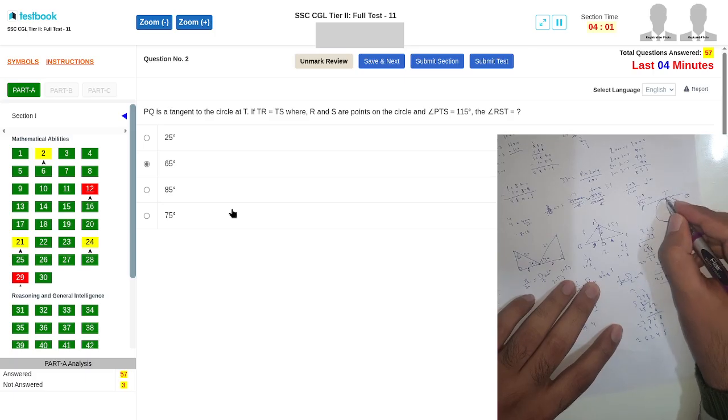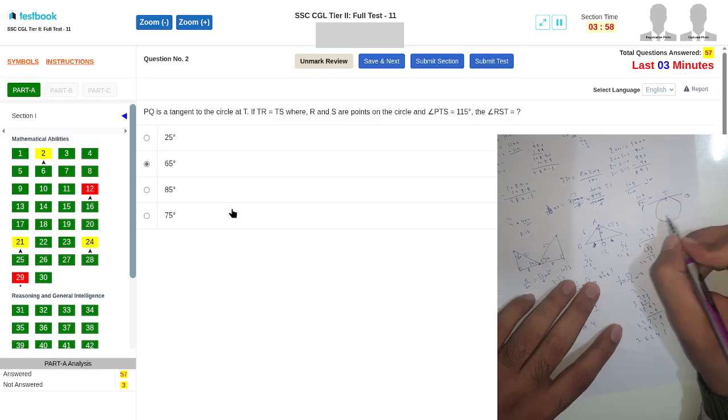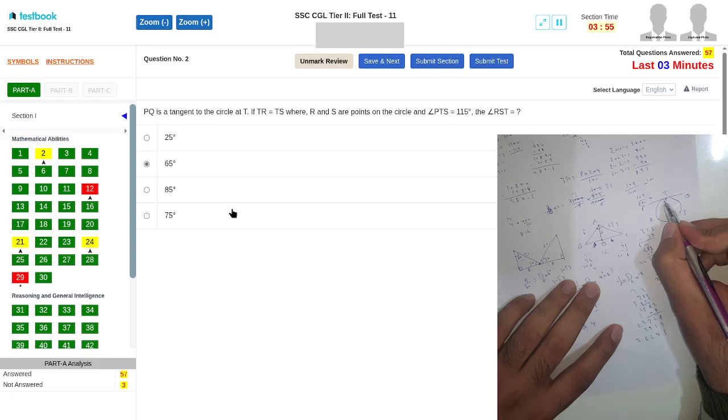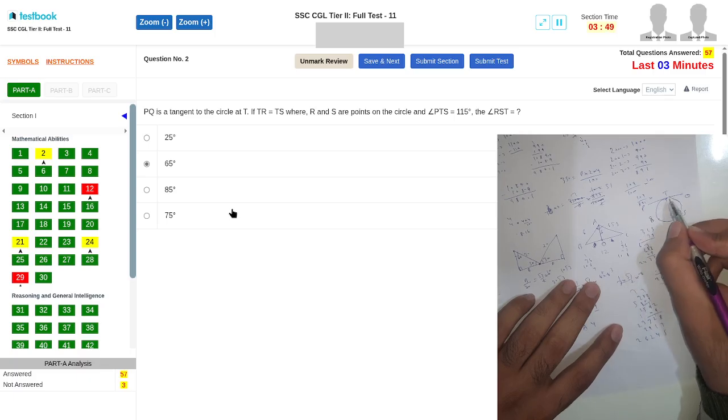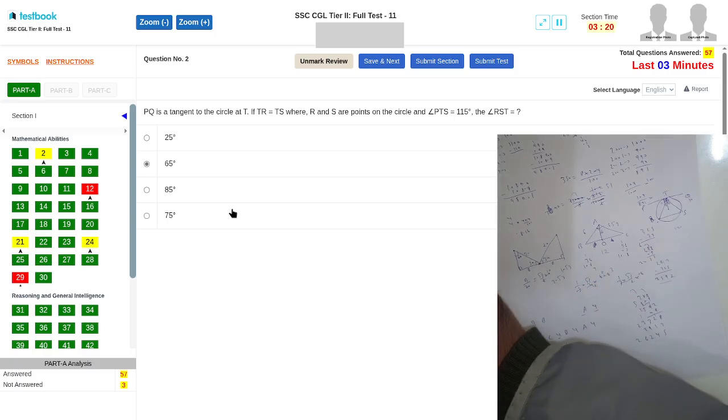PQ stands at T, R and S, RS, PTS 115, so S, RS, PTS 115, RST, तो O सेंटर ये it is, तो ये 90 है, तो कितना हो गया 25, RST, ये 25, 50, ये 30, 65।